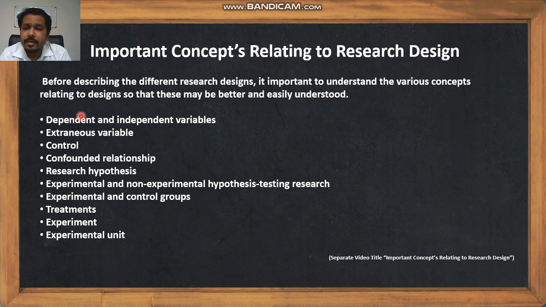As I have written here, before describing the different research designs, it is important to understand the various concepts relating to design so that they may be better and more easily understood, such as dependent and independent variables, or you can say extraneous variable, control, confounded relationship, research hypothesis, experimental and non-experimental hypothesis testing research, experimental and control groups, treatments,